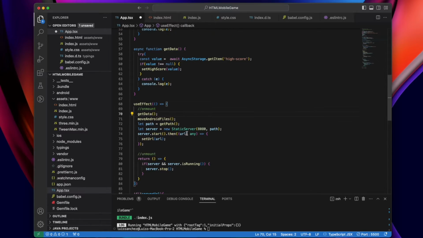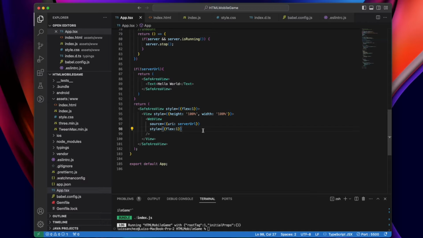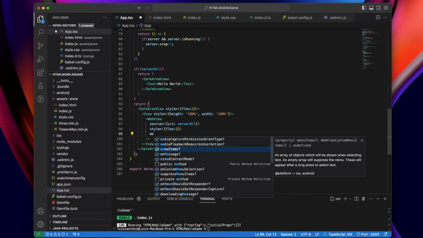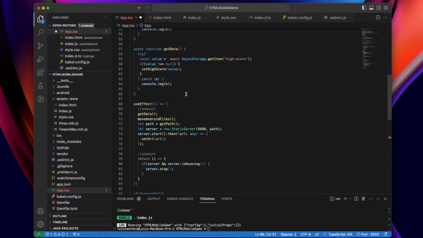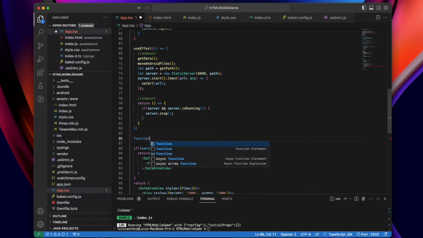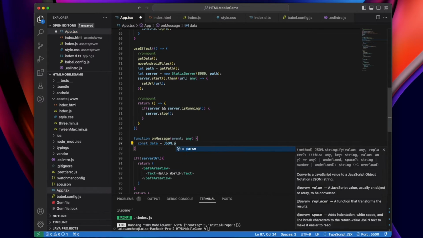So now we have a way to retrieve our stored data, but how are we going to set it when we get a new high score in the HTML game? This is where we're going to use a property of a WebView called onMessage. We'll go ahead and add it to our WebView and pass in a onMessage function that we'll create. For this onMessage function, it's going to take in an event parameter. Then it's going to grab the data from this event by creating a data constant and setting it equal to